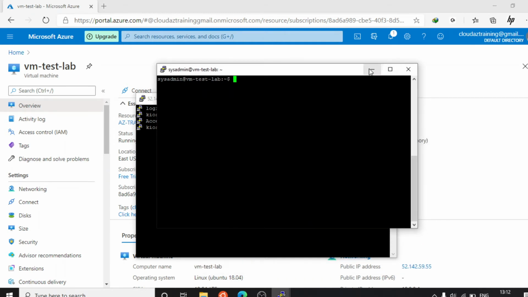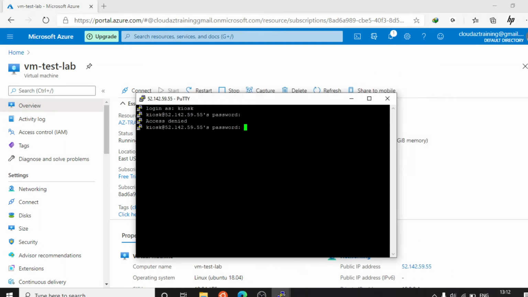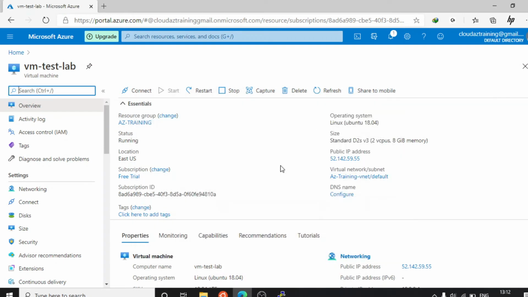Similar things we can do vice versa. As we can attach a public IP here, we can detach it also whenever required. Suppose you have one production VM, and you are facing an issue in the production VM.